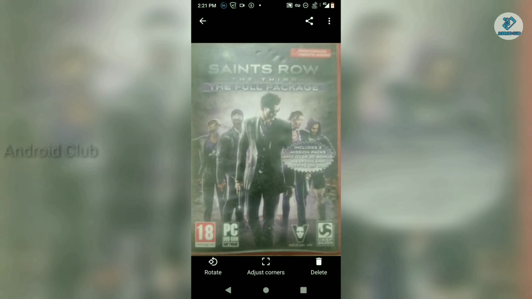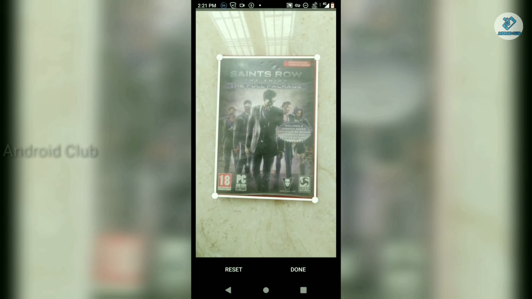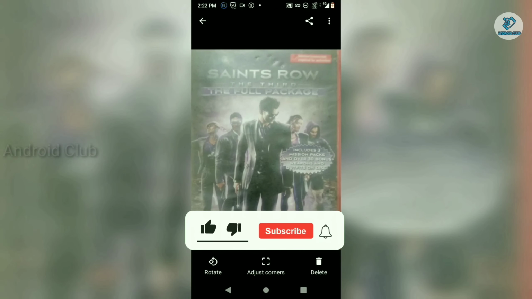And now you have converted it into an image. You can also crop this image by using the adjust corner option. And click done. And now you have successfully converted your photo into an image by using the PhotoScan application.